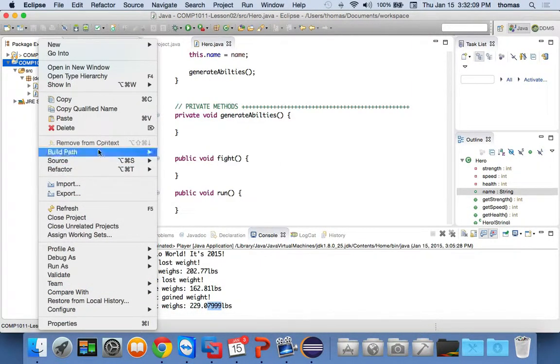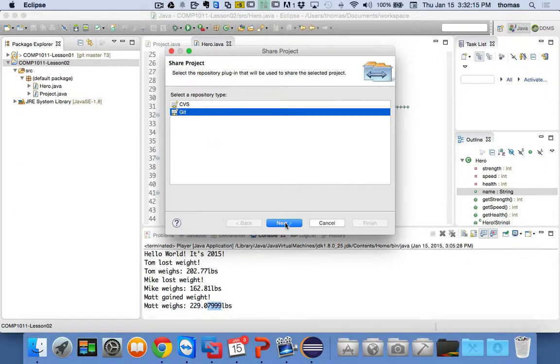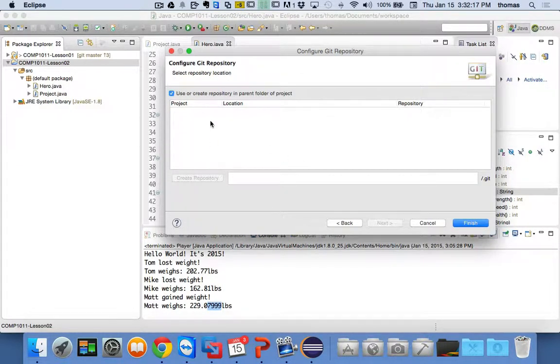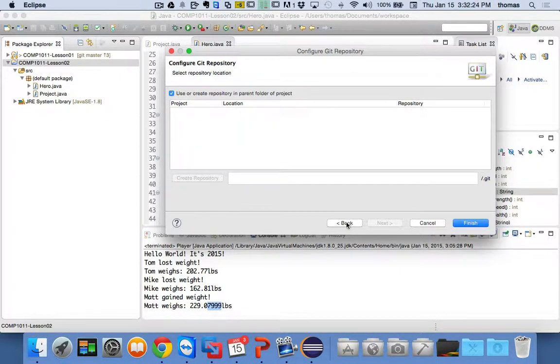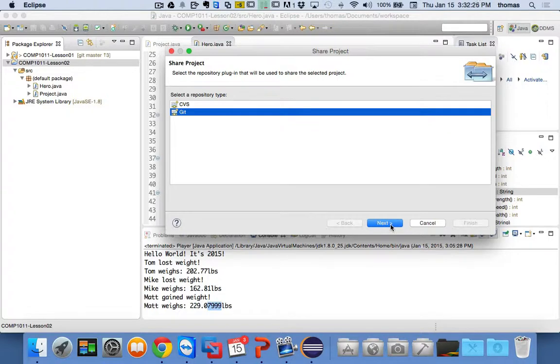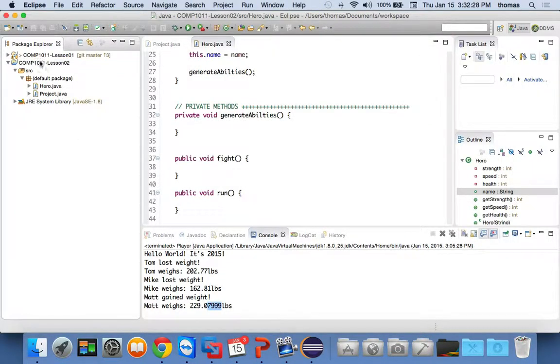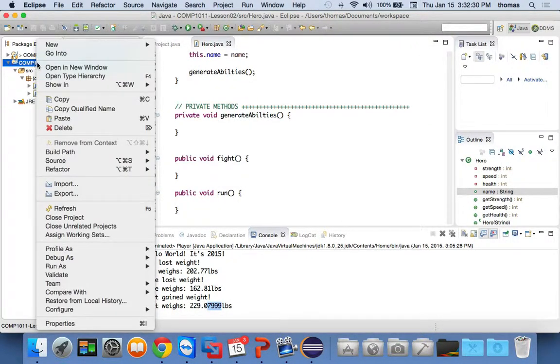I just did that because I want to show you guys what happens when you make a mistake, because I made a mistake, right? Here's share project again. Git, next, I'll show it to you one more time. Right now, it says use or create a repository in the parent folder, right? And if you notice, now, because I've done that, let me just go do that again. I have an issue